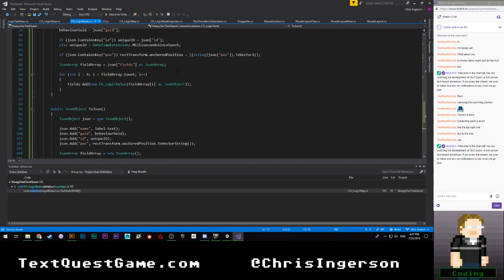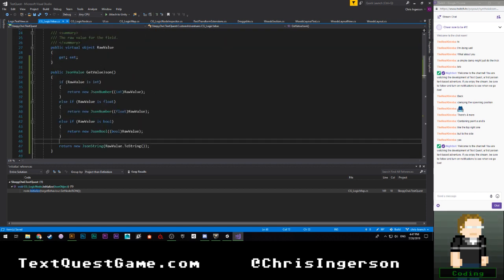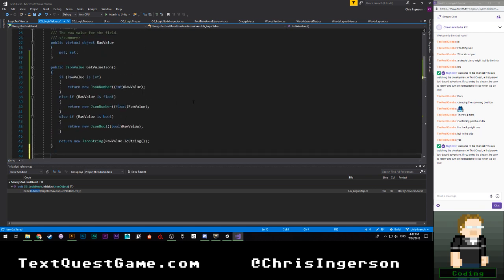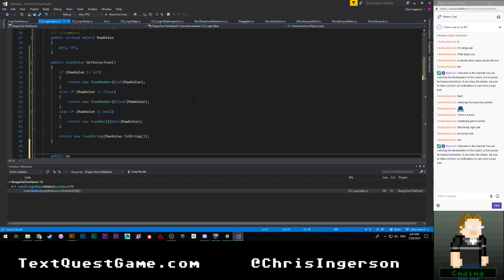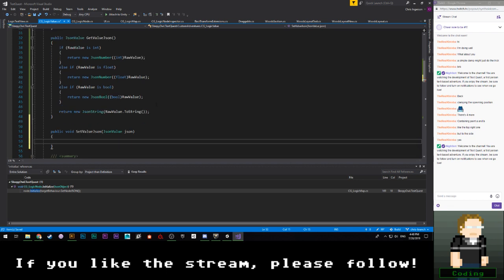And then, oh boy, we get to do the fun stuff here. I suppose I should have a separate thing, so get value JSON and set value JSON. So we're going to say public void set value JSON, JSON value JSON, and then I suppose,